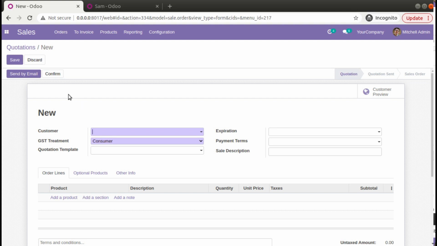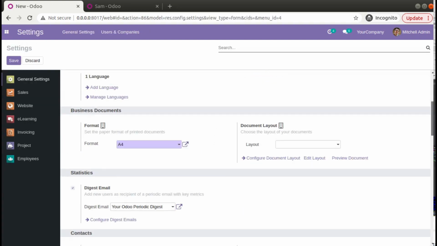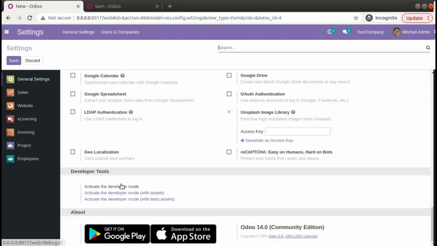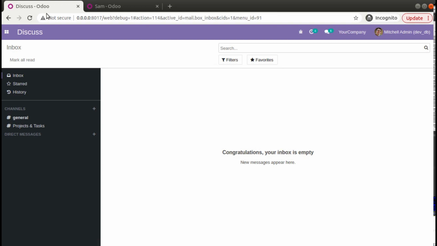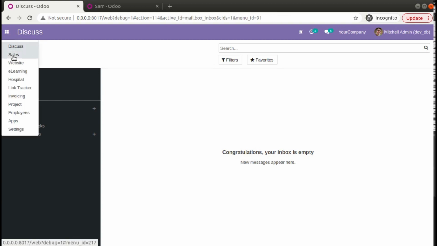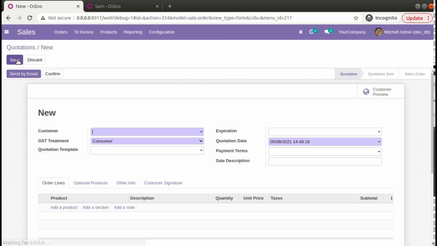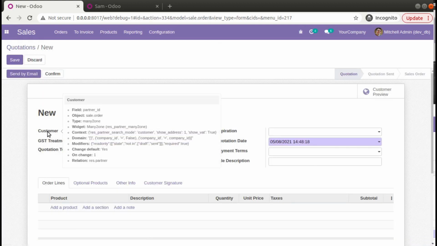First of all I'll activate the debug mode. For that I'll go into Settings, scroll down, and access the developer mode from there. Once the developer mode is activated I'll come back to Sales, open a new quotation, and place the mouse over the field to see the pop-up hint.